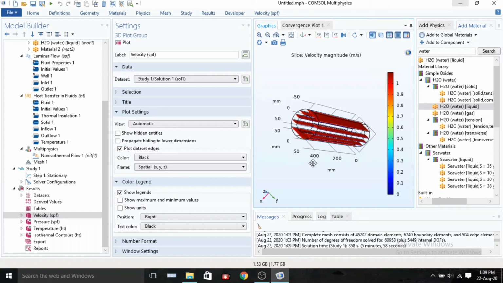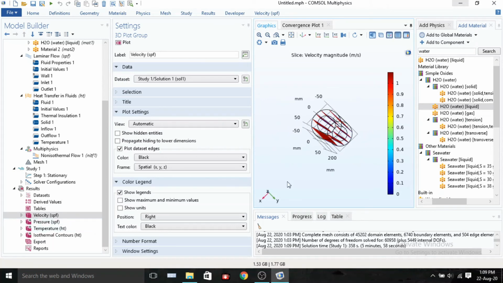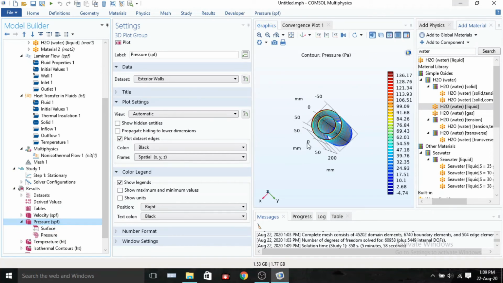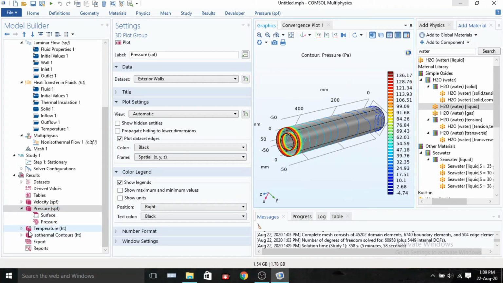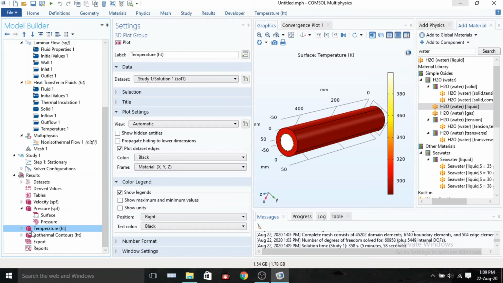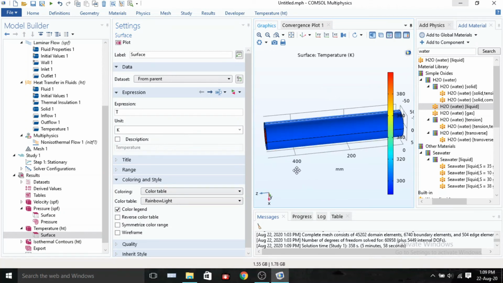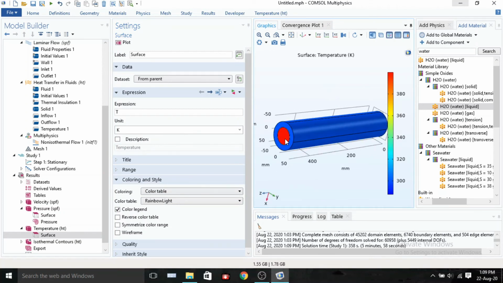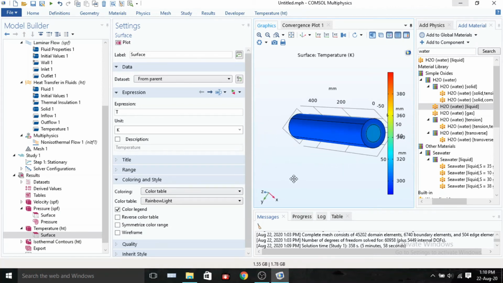and here we see the velocity fields. Let us see the temperature field. I would be using rainbow light to visualize it. So you can see at the inlet the temperature is hot.